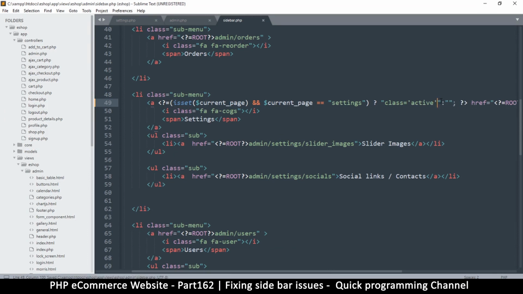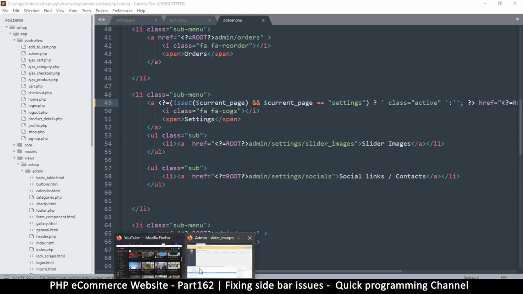The best is to use the single quotes outside and use the double quotes inside like so, and then one single quote there like so, and then put two single quotes there like so. Okay, that's about it. Let me leave some spaces here just in case there's anything next to it, and this